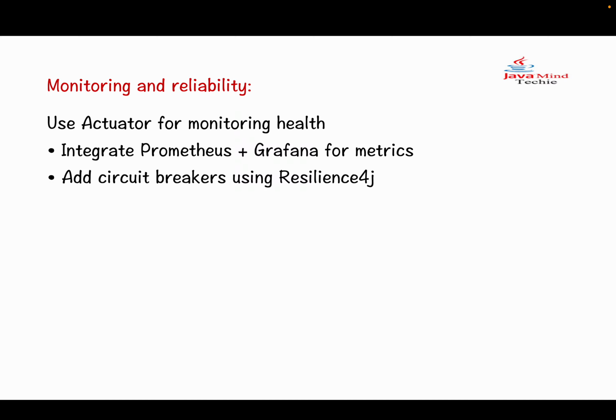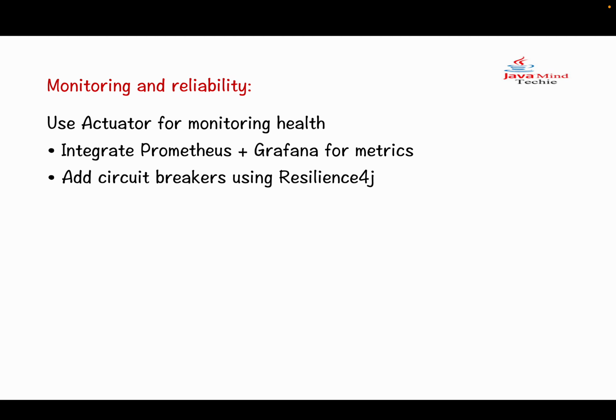So how will our application get monitored and how do we make it reliable? Guys, use Actuator for monitoring and health checks. You know very well that Actuator is a production-ready feature, right? So how are we going to monitor our application? Which type of thread dumps have you used? How many thread dumps are there? All these things you can check in your application with the help of the Actuator concept.